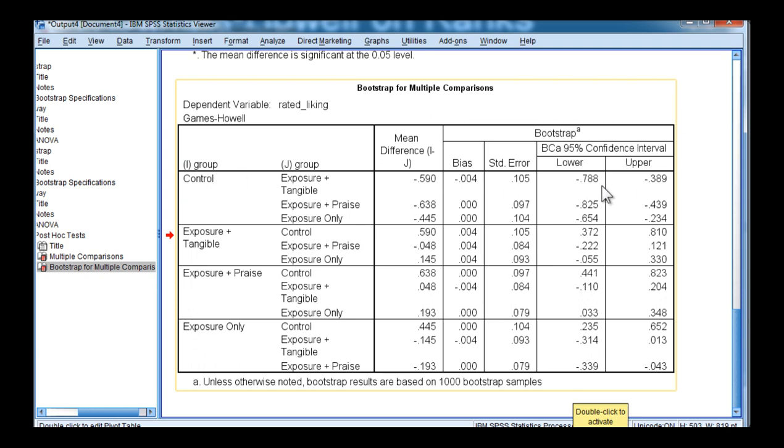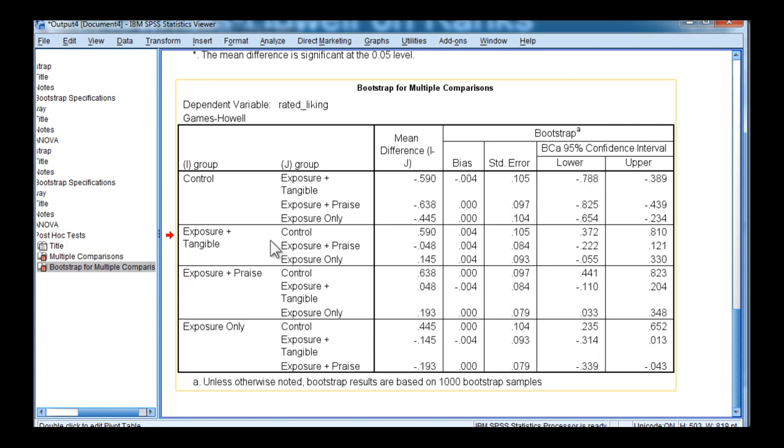And so in each instance where the mean difference, which is negative here, so long as the lower and upper bound are also negative in direction, these are the 95% confidence intervals, so long as they're in the same direction as the mean difference, you can conclude that there is a statistically significant difference between those 2 groups. So control and exposure have a mean difference of negative 0.59. That's based on the 3-point Likert scale. And I can trust that there is a statistically significant difference there, because I've used bootstrapping and I've used the